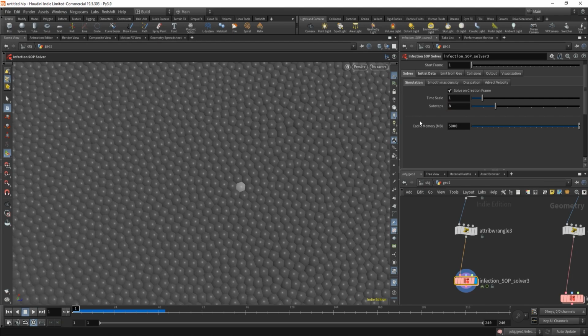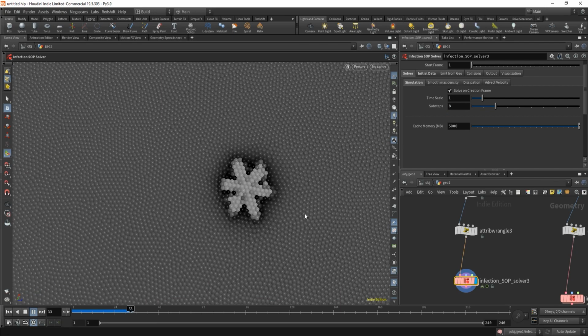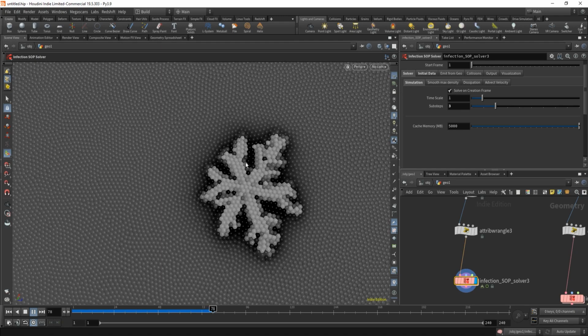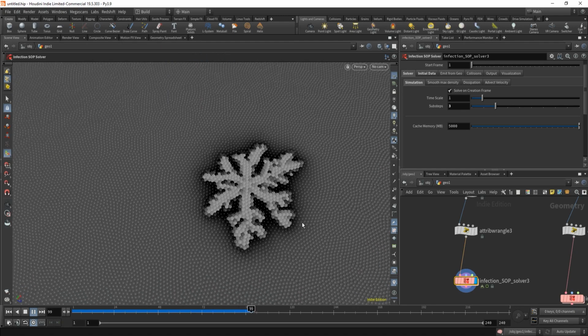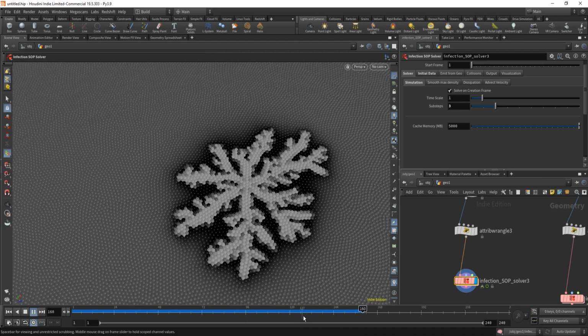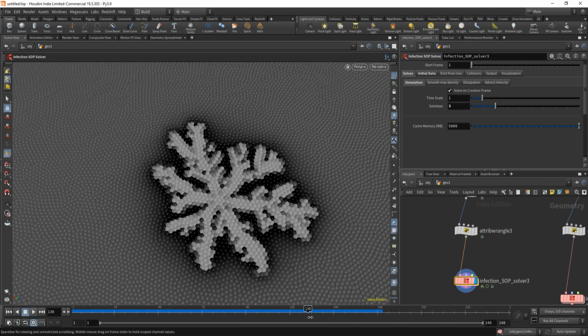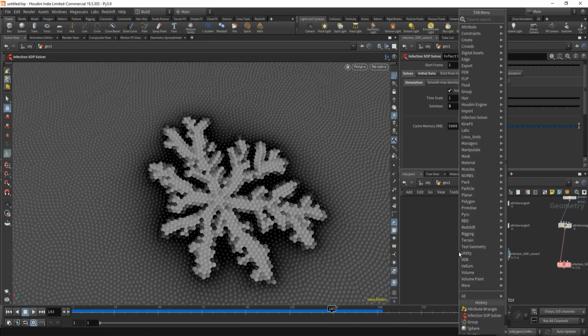So bring it up to three substeps, which stabilizes things a lot. As you can see here, we get quite nice growth. We have 200 relaxed iterations, so it gives us a snowflakey look. I kind of like this distribution, but if we want something that's really regular, one would need a more hexagonal distribution. In order to make that a bit faster, we actually did, and that brings us into our last subject,